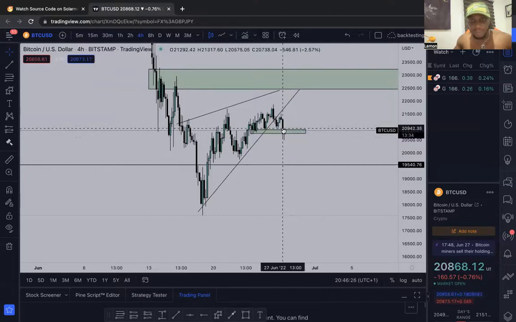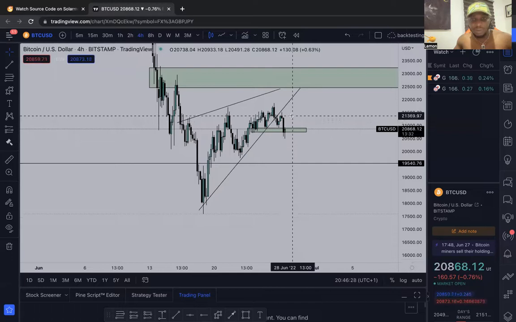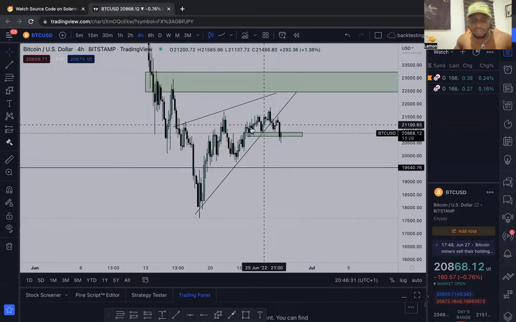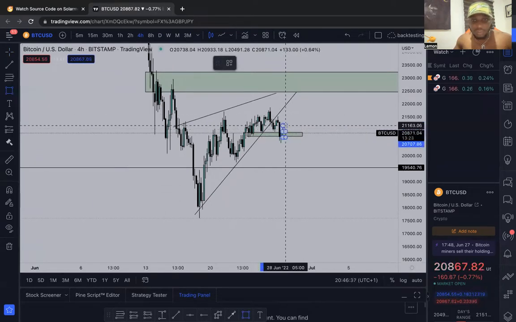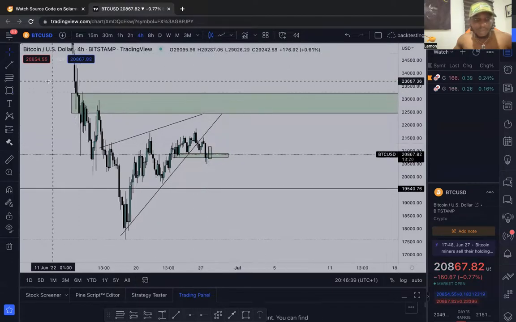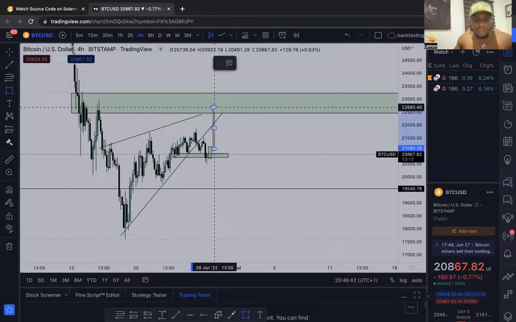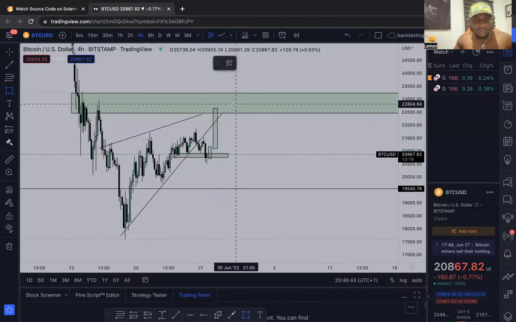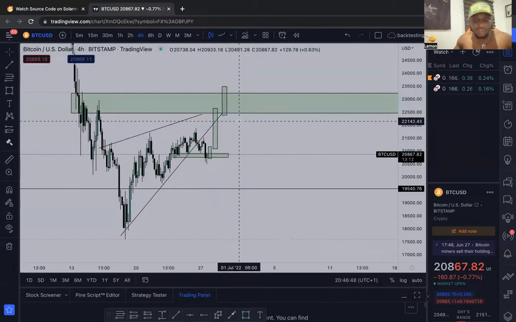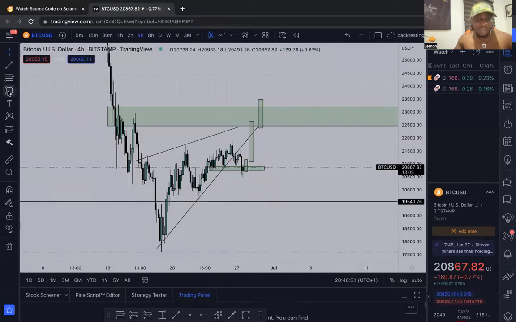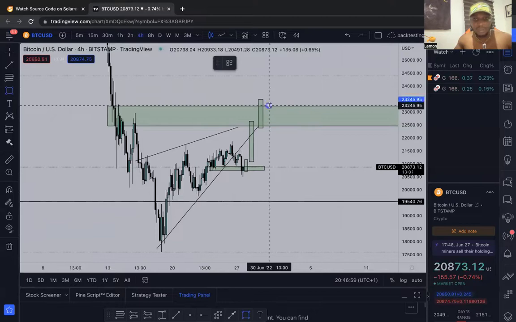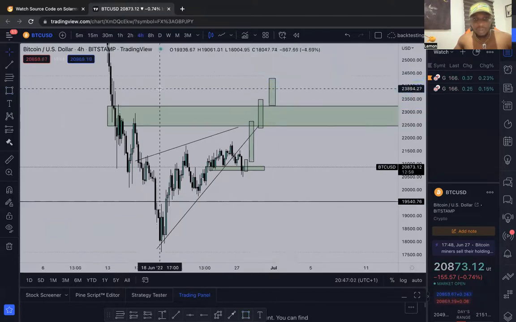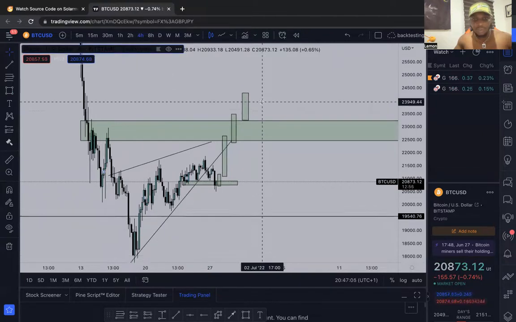One candle cannot tell if we've broken a level or not. So we need 2 candles to tell us if we've broken this level. If we have another candle close above the zone, this is a fake out. Then if this is a fake out, you can definitely see price going to grab liquidity at this zone or close below this zone. If we get to this zone again and another candle closes below, it's a fake out. But if this candle closes above, then it's a break of this resistance here. So that's what we are waiting for.